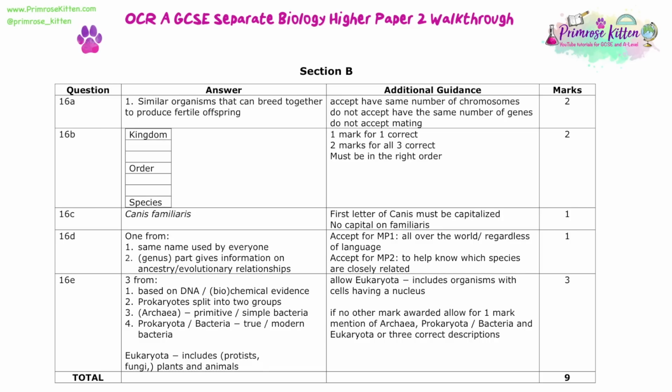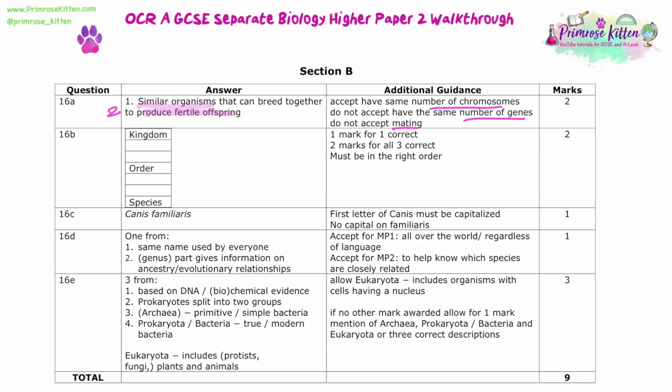So this is the mark scheme for question 16. So for the first one, we need similar organisms that can breed together to produce fertile offspring. So we've got 1 mark for similar organisms that can breed, and the second mark is for produce fertile offspring. Can't say mating instead of breed. You can't say they just have the same number of genes, because that isn't the same as saying they are similar. You can say they have the same number of chromosomes. That is a way of saying that they are similar. But you need this idea that they're similar, or they have the same number of chromosomes, and they can breed